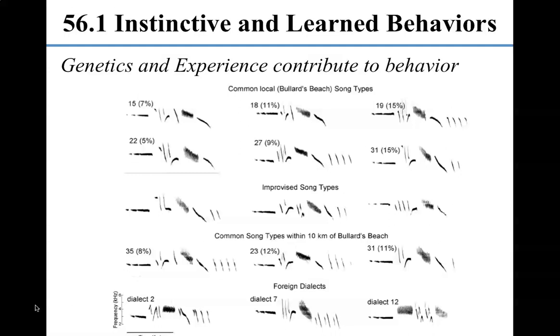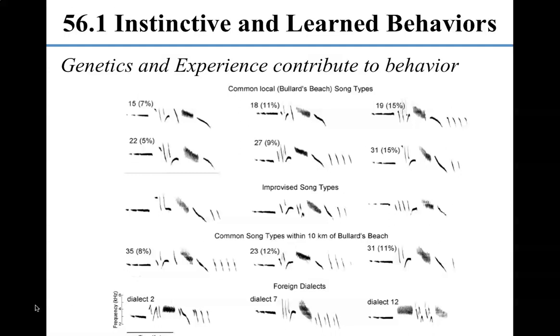The book talks about a really interesting example with some birds called white crowns. Basically, this researcher would take newly hatched birds from nests in the wild, and then he would rear them alone in soundproof cages. For some of these chicks, he would play recordings, I called these white crowns, they're white crowned sparrows, my bad. So for some of these chicks, he would play recordings of male white crowned sparrows singing their song.